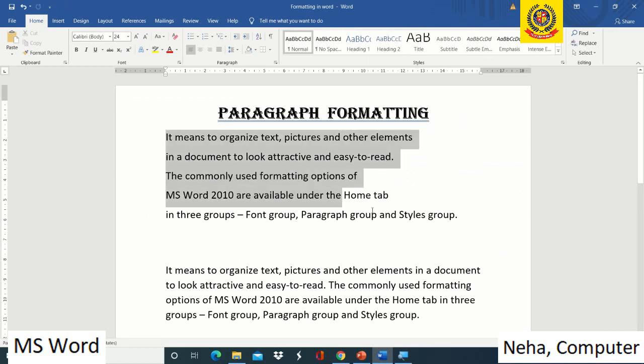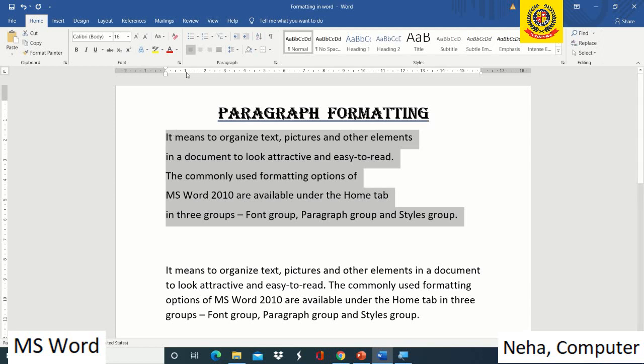First of all, we have to select the paragraph. Right now, the paragraph is left aligned. As I click on left, right now left and justify are almost the same. Justify means that the sentences get adjusted between both the margins, the left-hand side and the right-hand side, by making space between the words. So right now left and justify alignment are the same.